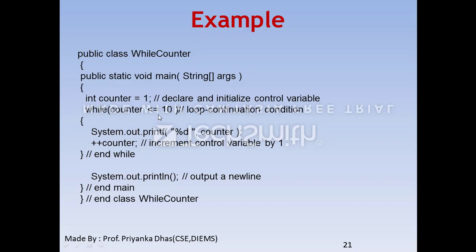Once this condition is no longer satisfied, once the counter is greater than 10, then you will exit from this while statement or while repetition statement, and the rest of the code will get executed. This is how we have definite repetition till 10. So it is known as counter control repetition statements.